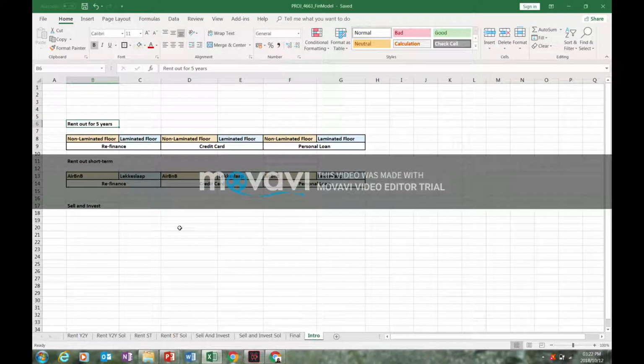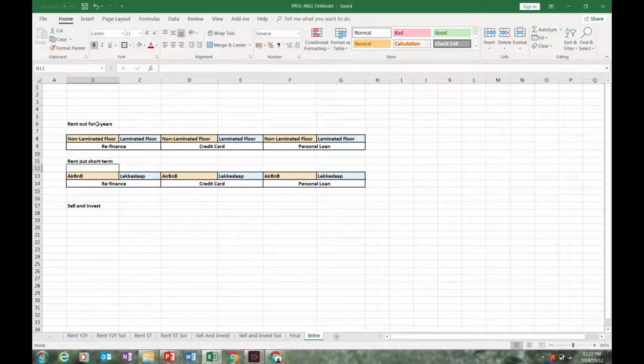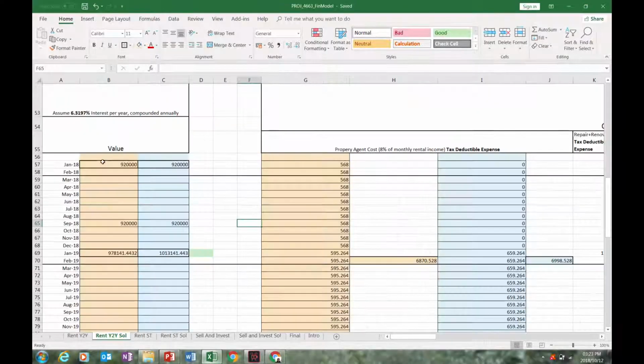Good day. In this presentation we'll look at the three different scenarios discussed in the brief. We'll check the financial feasibility of renting out an apartment for 5 years, renting it out on a short-term basis on a platform such as Airbnb, or selling it and investing the money in unit trusts. In the first scenario,